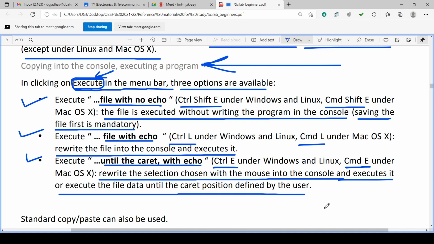So execution will stop there only, or only the portion selected by the mouse will be executed. This is called until the caret. And echo will be there, rewriting the program, and it will be seen to us in the console.